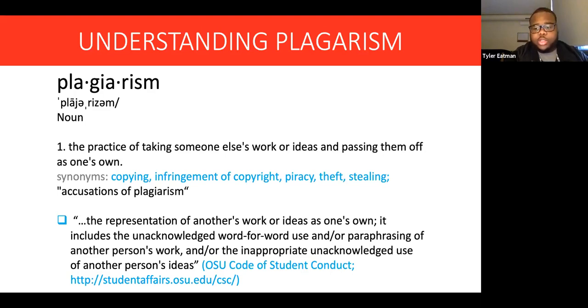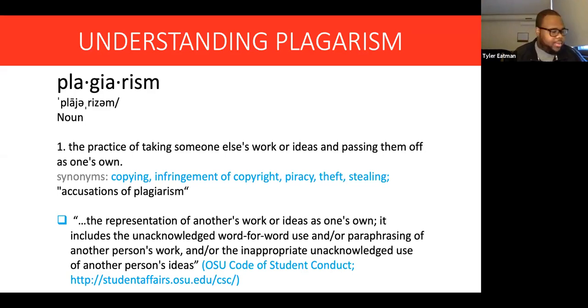I know OSU has a strong policy on plagiarism. If you do plagiarize, there's a whole bunch of steps in trying to plead your case. I know the Office of Academic Misconduct takes the case and looks at your plagiarism, and it can even lead, sometimes, to getting kicked out of the university. So this is why we always make sure that we cite our information.